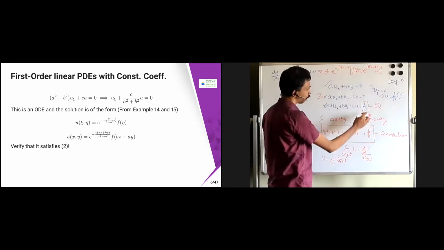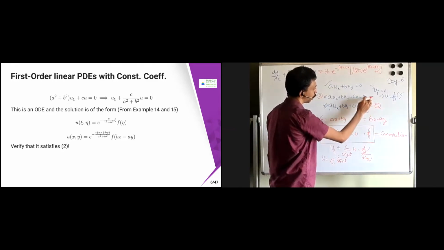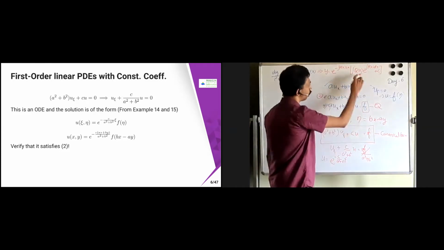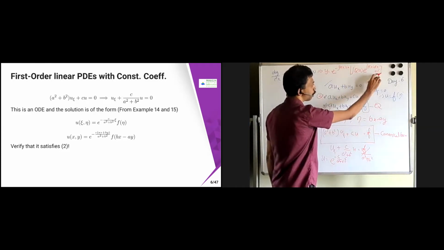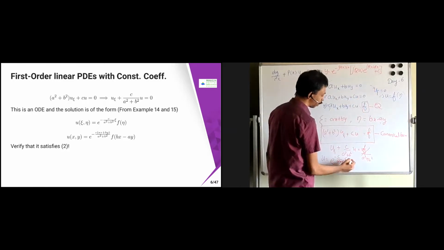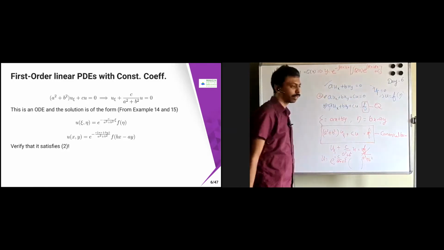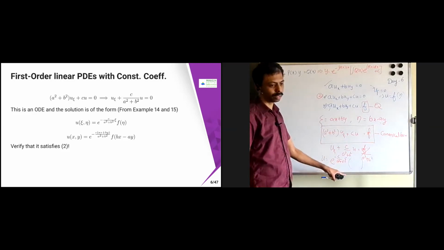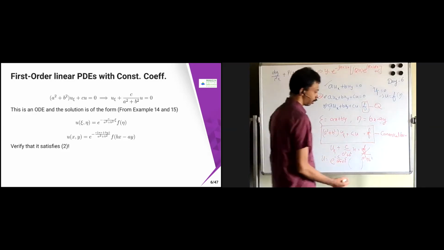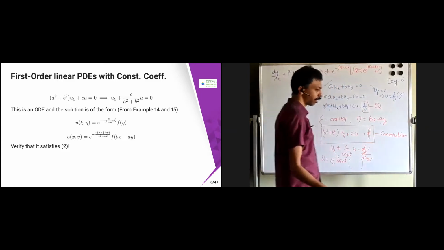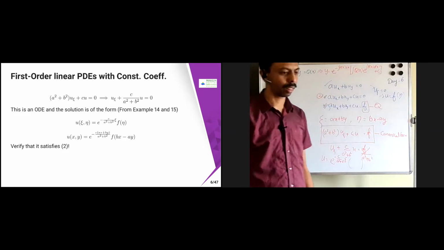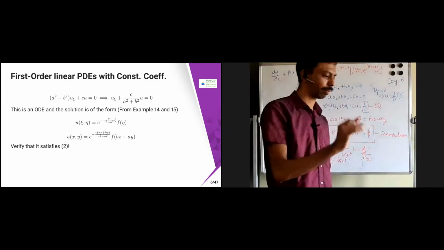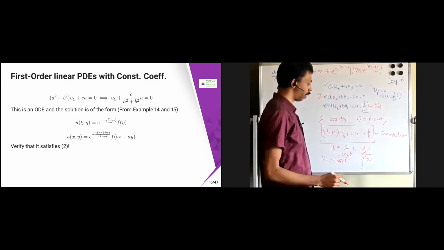Now Q of x is nothing but 0, because I'm not having that Q here. I'm just solving the second equation. It is 0. So this term is not there. Only this term is there. Here C is going to come, but I'm just solving with respect to chi. Therefore, what is my constant? Instead of constant, what will come? F of